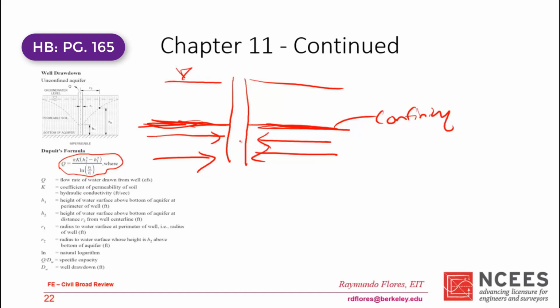If it was able to go this way, you're not extracting as much water. If it's more confined, it's going to have a greater flow at this point. So that's what confining is. But in this case, when you don't have confining, all you do is the influence starts at the point at which you're drawing from. So, in other words,